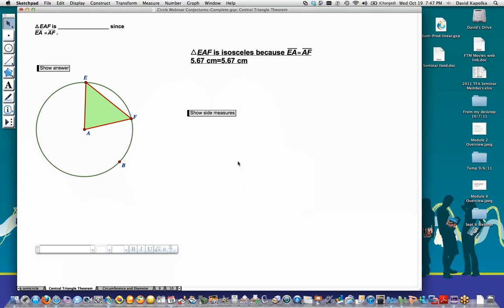There were a couple of nice comments earlier, David, about how Sketchpad does help students justify intuitive ideas. If they have a conjecture, they can test it out with hundreds and thousands of cases and justify their conjectures that way. Somebody pointed out, and I want to bring this up, the various ways that you can